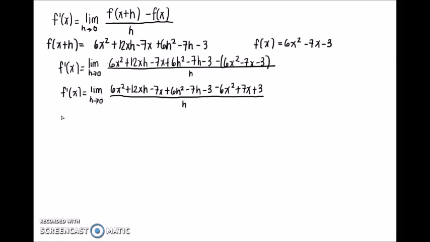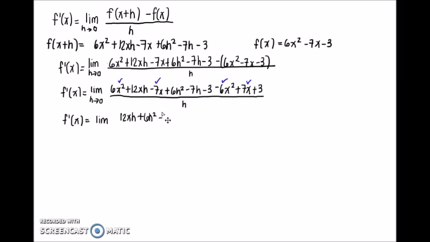And then from there, we will have to combine like terms. 6x squared minus 6x squared, this becomes 0. 12xh, wala siyang kapareho, so let's just copy that. 12xh. Negative 7x and positive 7x, that will give us 0. 6h squared, wala siyang kapareho, so copy lang natin yan. 6h squared,